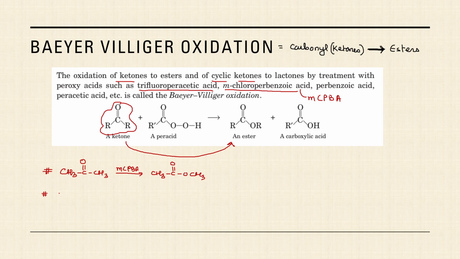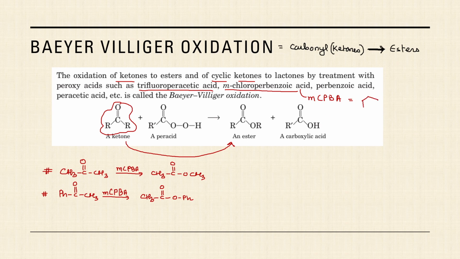Next, if I take Ph C double bond O CH3 and I repeat the same reagent MCPBA, it will be CH3 C double bond O OPh. याद रखिए,